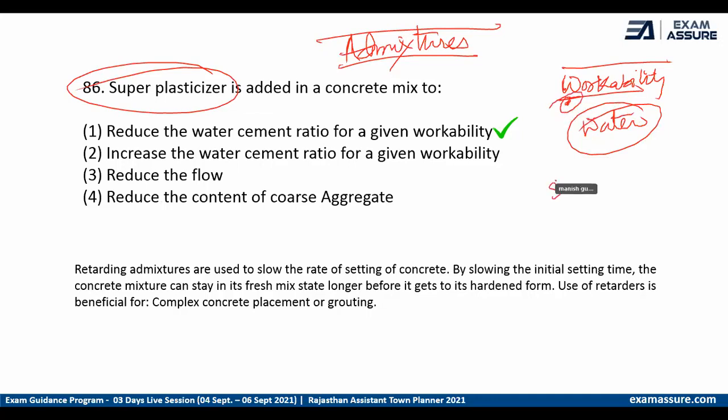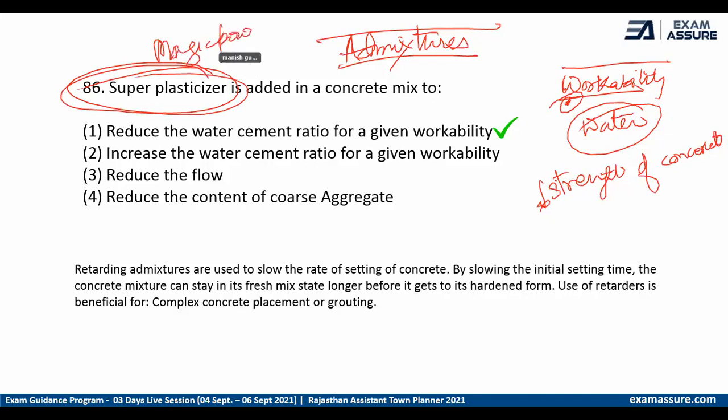But then the strength of the concrete will decrease. So in that scenario, the supervisor will add the super plasticizer. It is also called a magic powder in the construction industry. The super plasticizer has some additional positive charges which reduce